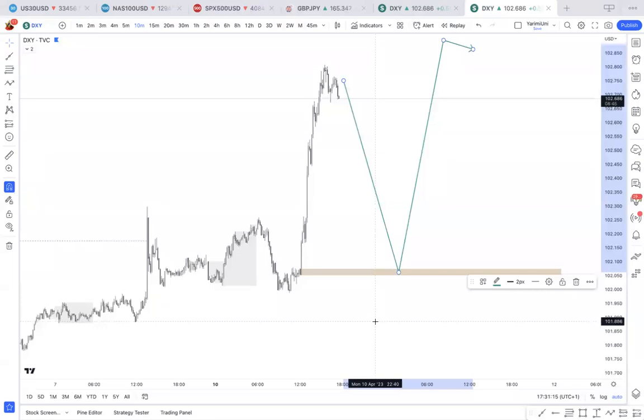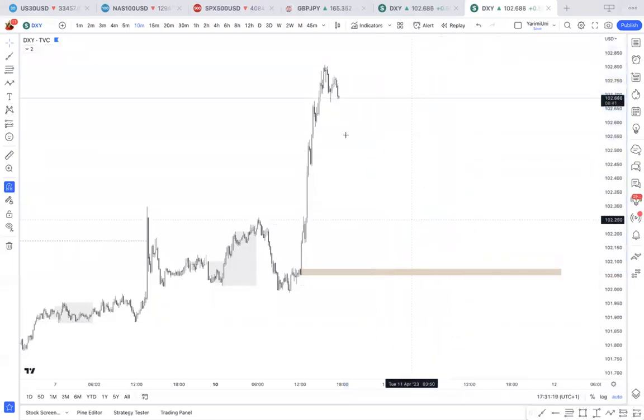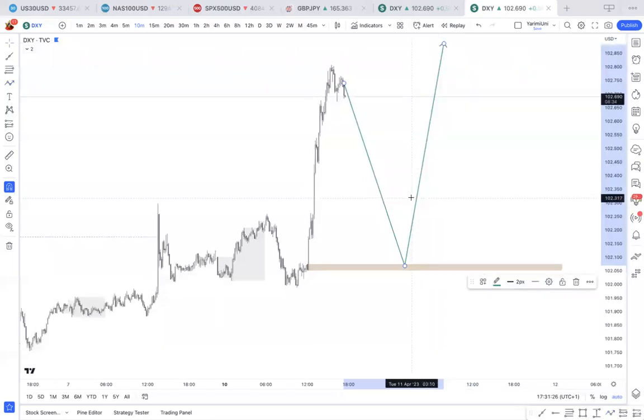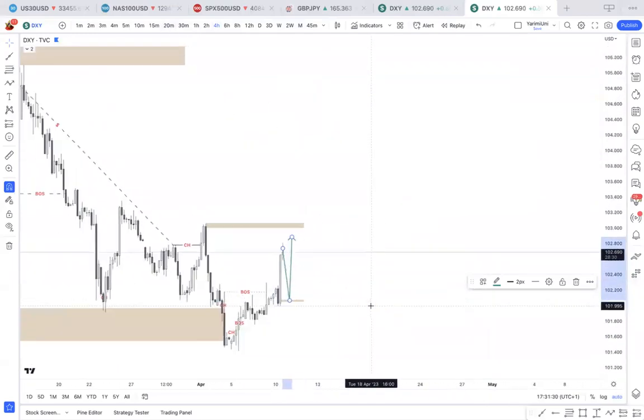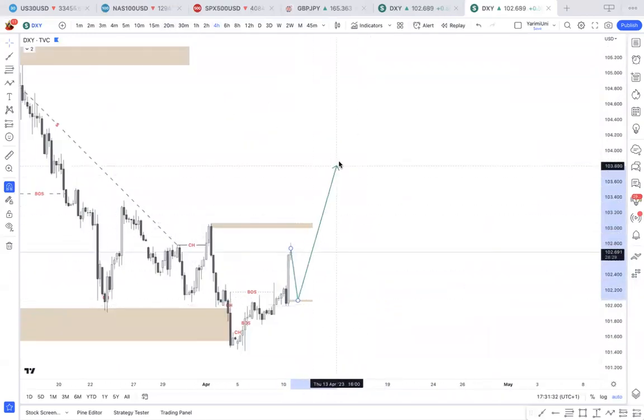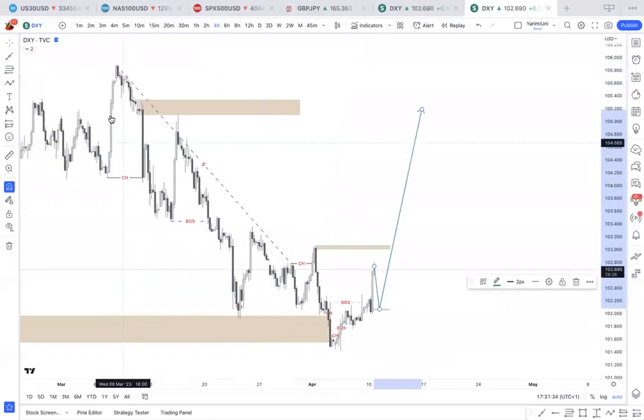So back to the chart. This is what we're expecting to happen. Sorry, guys, I did that a bit wonky. So we come here. We're expecting price to come into this demand zone and then break out. That's what we're looking for right now. When that's going to happen, not sure. And I reckon it's going to be a long move, taking out all of this downtrend liquidity right here.